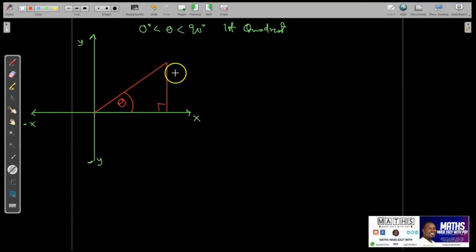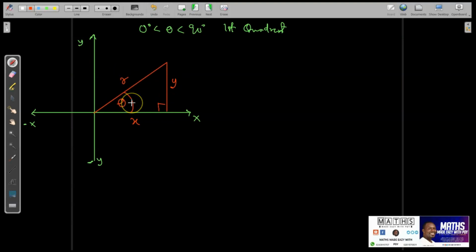What type of y value would we have on the vertical axis here? Is it going to be positive or negative? It's going to be positive, so that is positive y because that's the vertical axis. How about the horizontal axis? What type of x value is it going to be? Positive. It's also going to be positive, so that is x. If I place r here as my hypotenuse, connecting them,